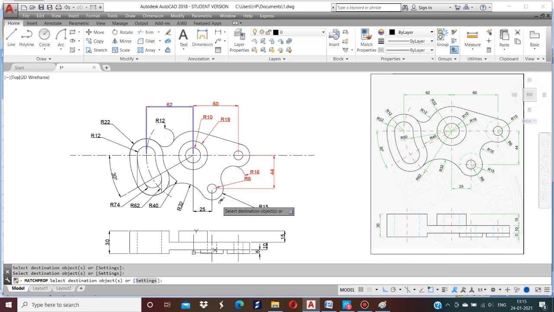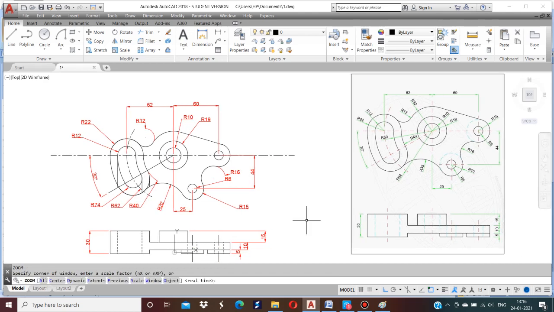Everything I select using match properties. Then enter. Enter all.